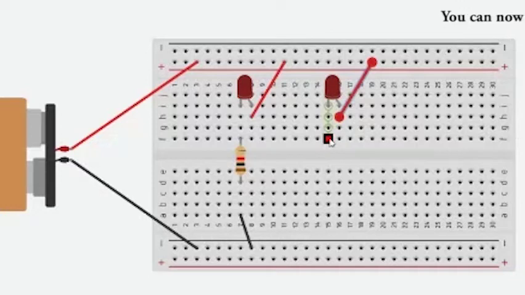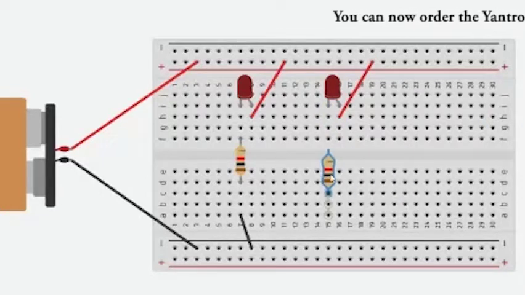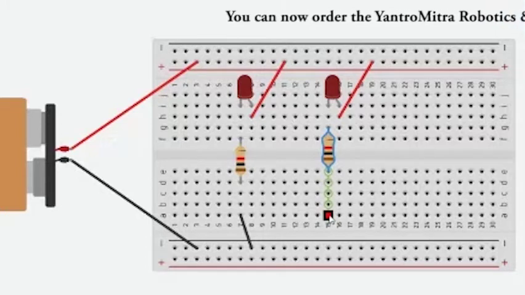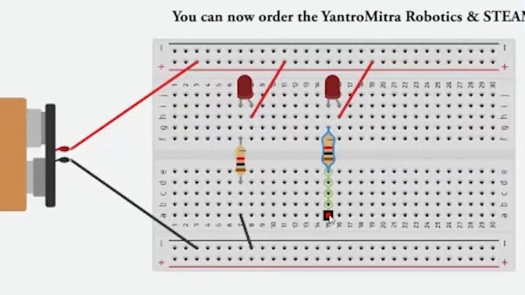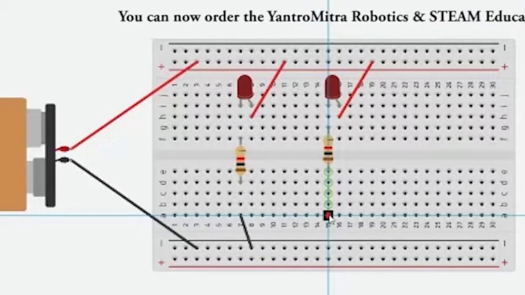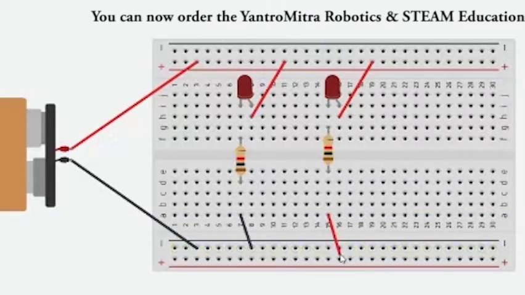Now let us connect a resistor to the shorter leg of this LED. So this LED, let us connect it over here. In this particular line, on any hole, even if I am connecting the wire, it is going to act for the entire line because the holes are all internally connected. Let me get it over here.